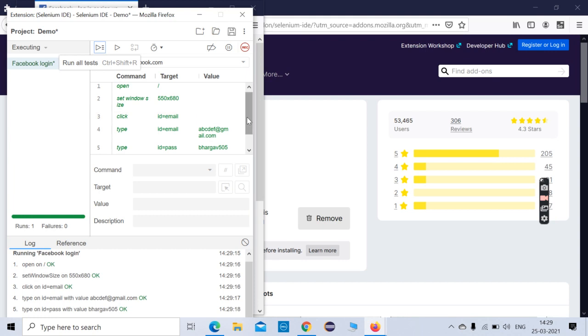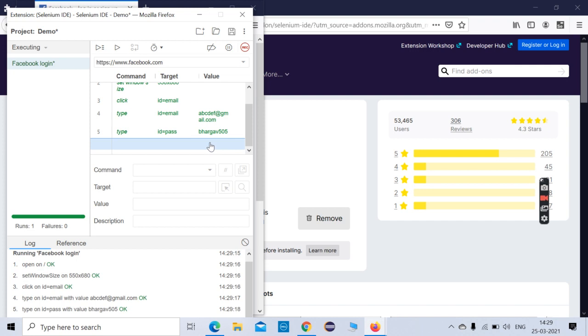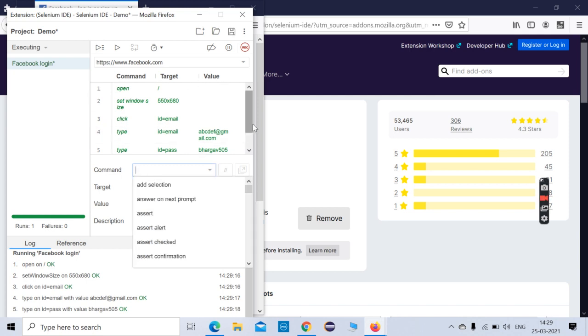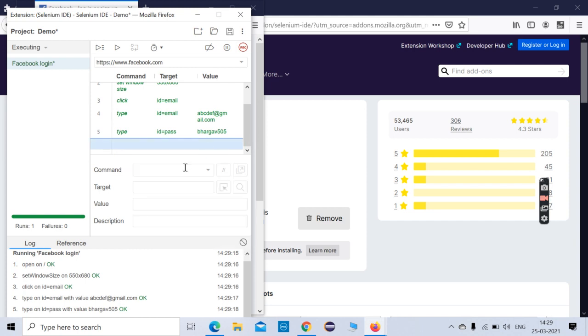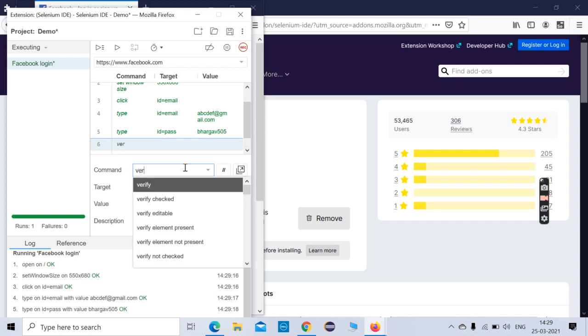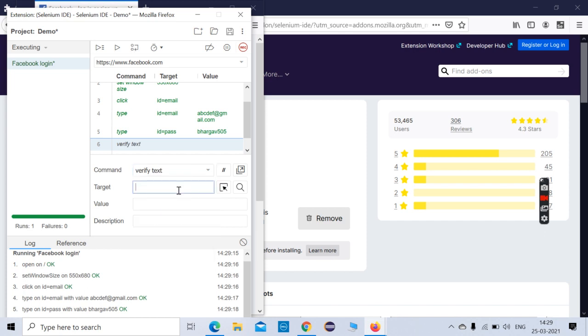Now we'll see a few more Selenium IDE commands, like verify and assert. Basically Selenium IDE has a command and a target value. Here in command, I can give one new command. Let's say at the bottom I'll give a command called verify text, and for the target, you need to specify the particular object you are using.